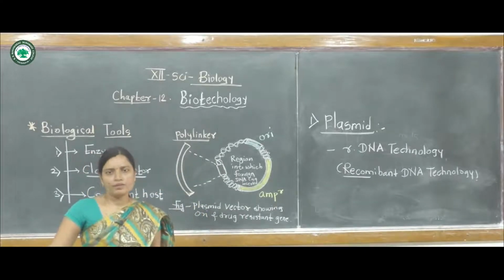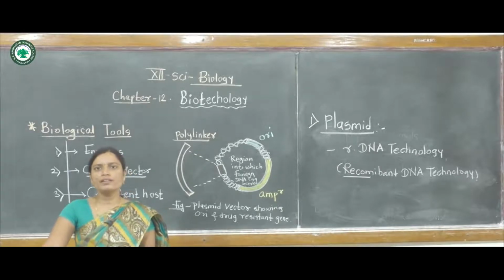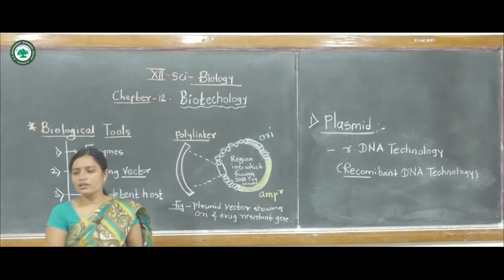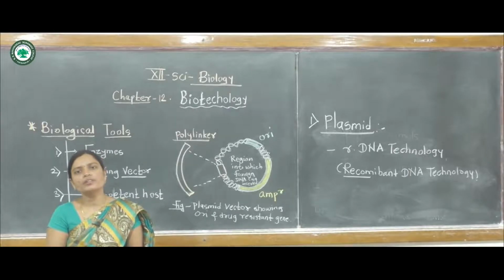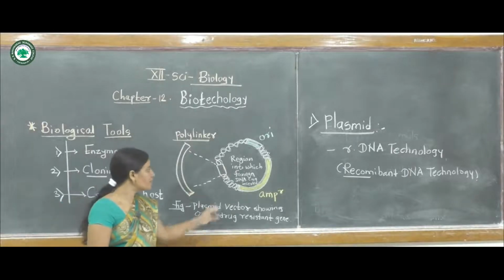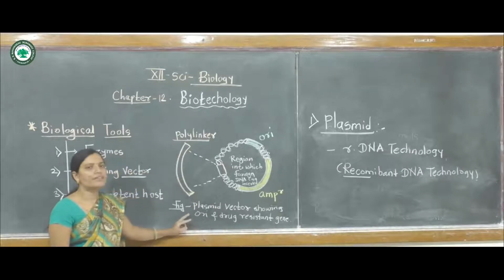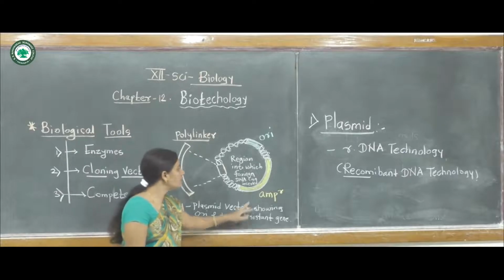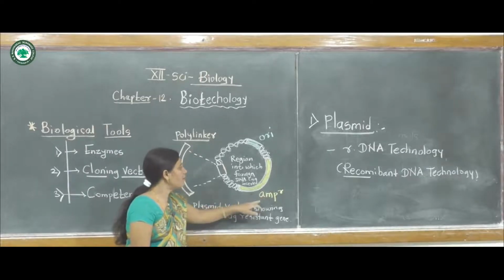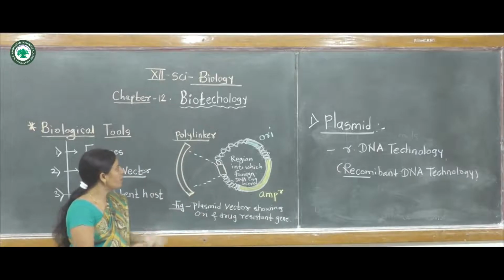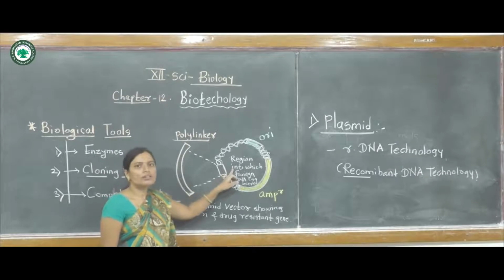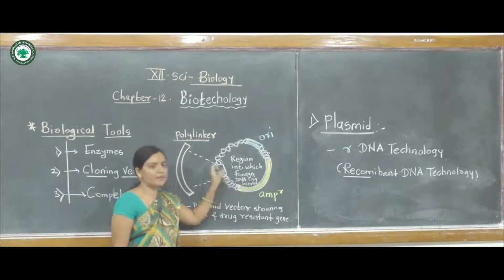Now this one plasmid is a genetic material in E. coli, the bacterium. They can be found in bacterial cells, and they can also be a cloning vector, showing the replication regions. Now in this figure showing this plasmid vector, they are showing the ORI and drug resistant genes. This AmpR, these are drug resistant genes, and now this region is a polylinker region, which means this is the region into which foreign DNA can be inserted.